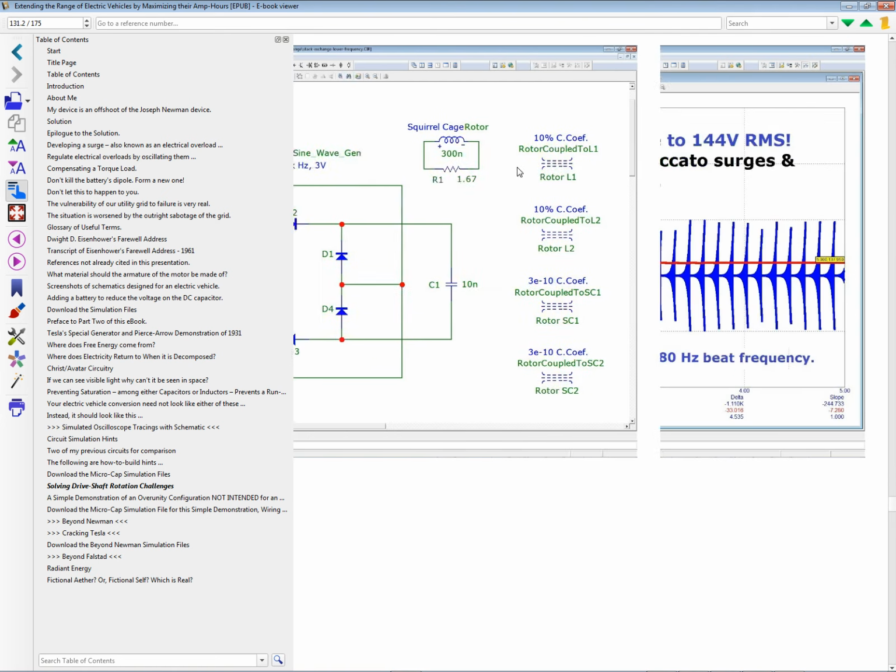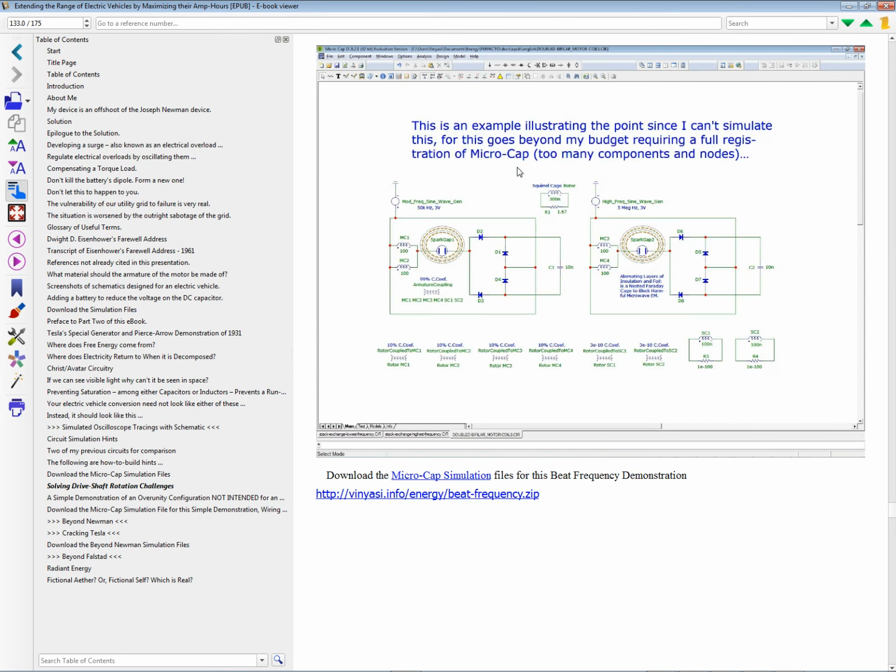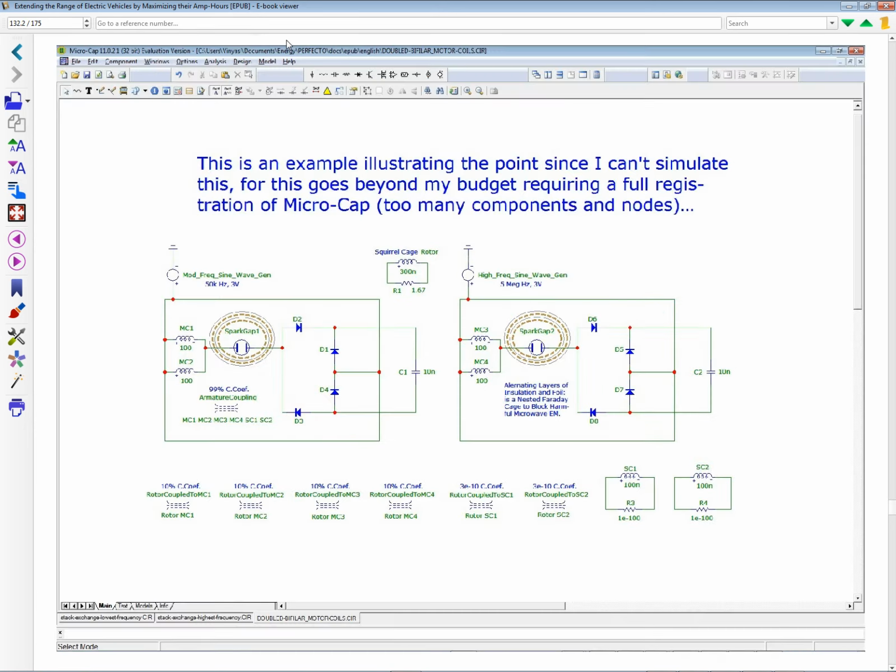But what we do to put it together, if I can get it, here we go. Let's enlarge this. So what we do is we have two circuits. Now the starter coils we don't connect them to anything, because I've done simulations in the past where it's really not necessary to connect them to anything. We just leave them alone. So we're really only using the main motor coils, and then we attach a circuit to that. The main motor coil that is on the armature of a single-phase induction AC motor.